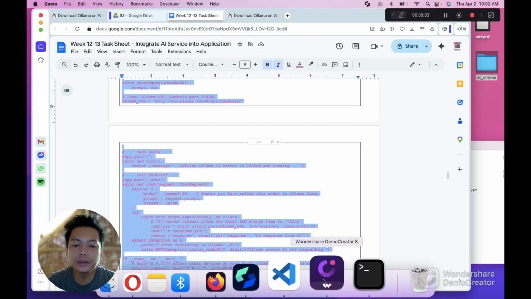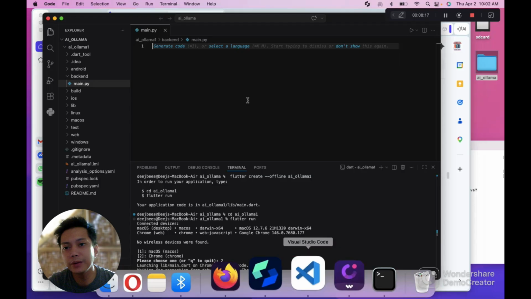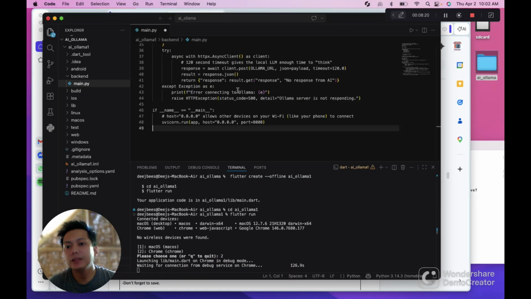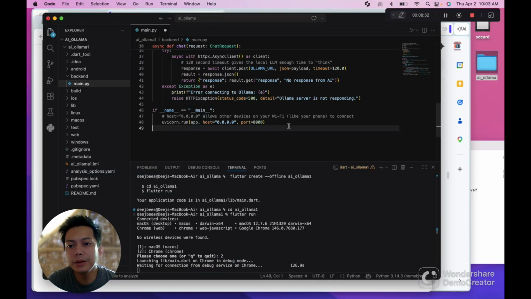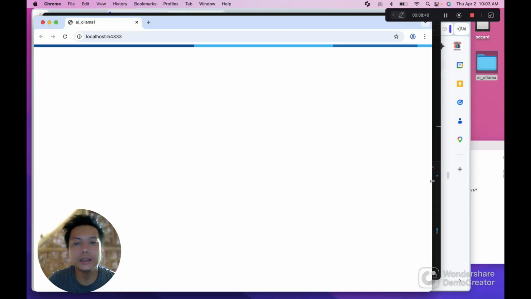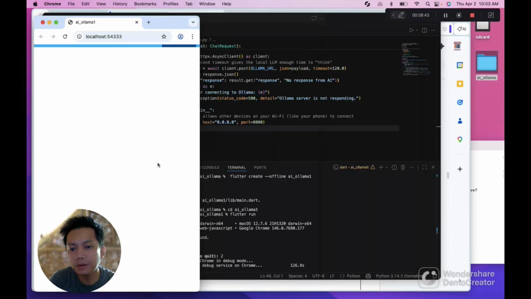Be careful with copying this because you might encounter errors. Let's say you convert the file from Word into PDF, it will create hidden characters that will cause errors. So if you encounter errors, you can just paste it again to the AI to generate fresh code, the same code just removing those hidden characters. So we're going to save, Control S. So this is the one that we ran lately. It just now loaded.